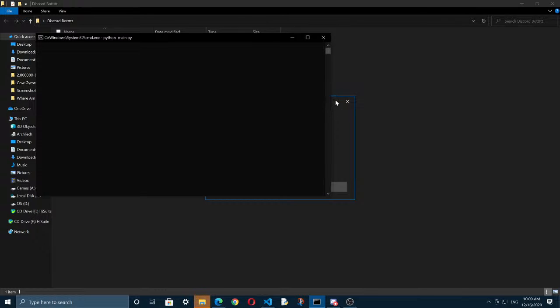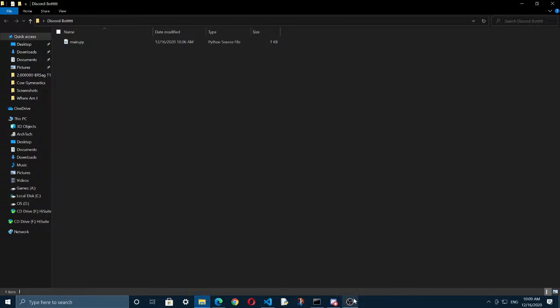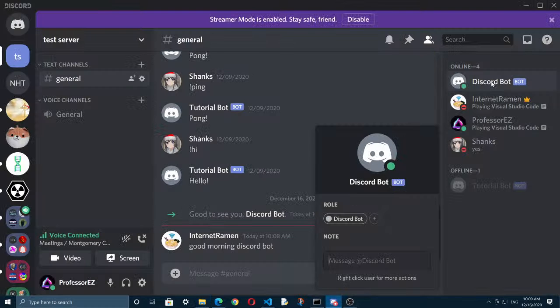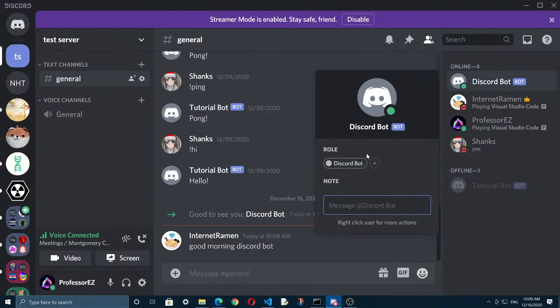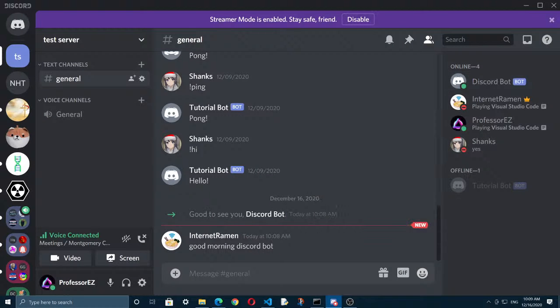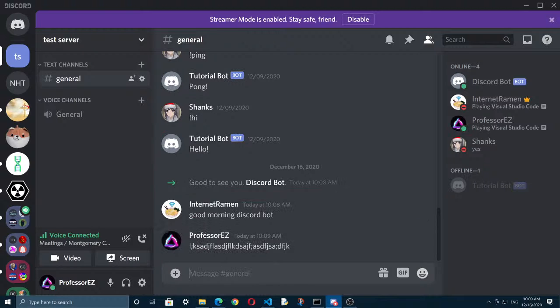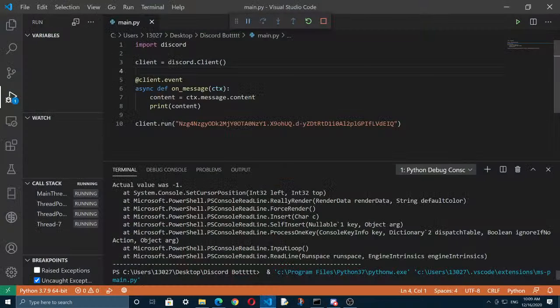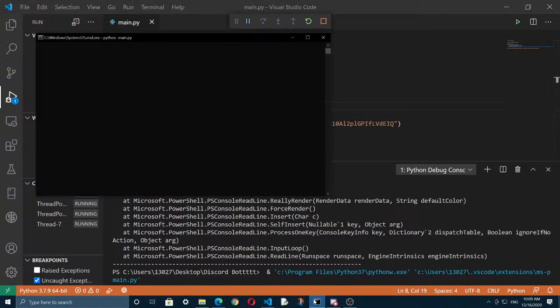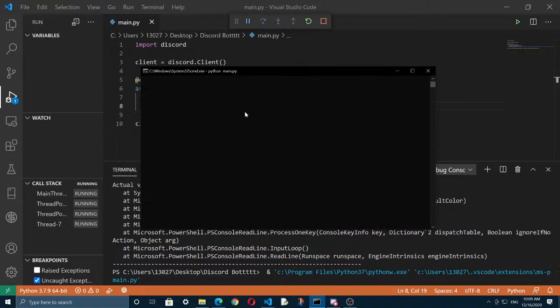And as you can see, if we go here, our Discord bot is now online and it's reading everything. So I'm just gonna send a message. Type, enter, blah blah blah. And as you can see, in our code, it was said that whenever there's a message, it's gonna print the content, right? So then we're gonna go here, and as we can see,